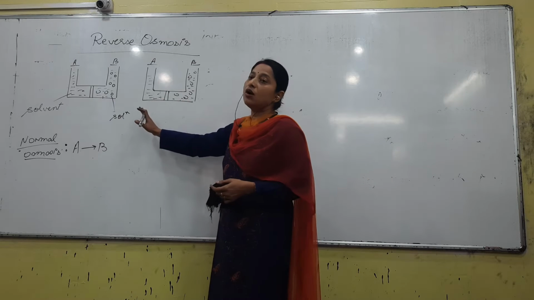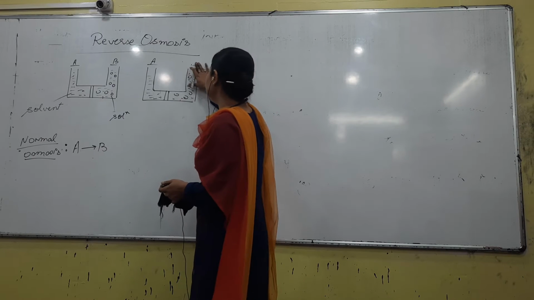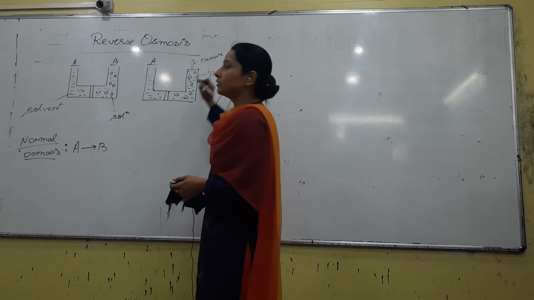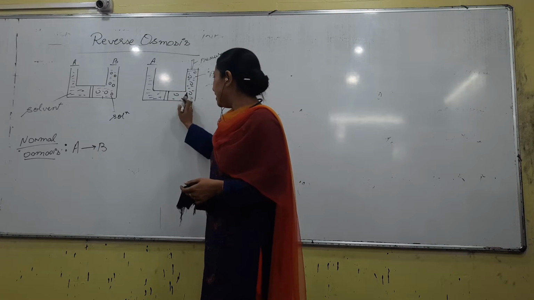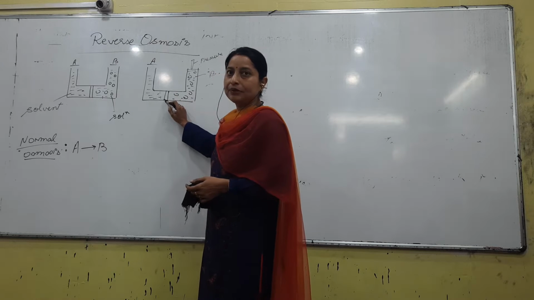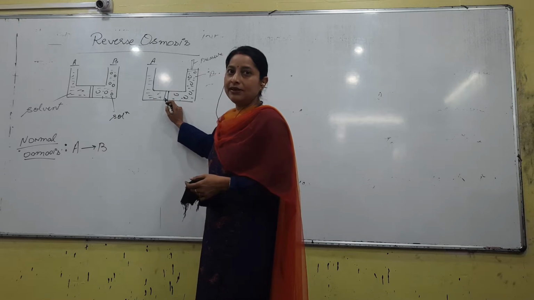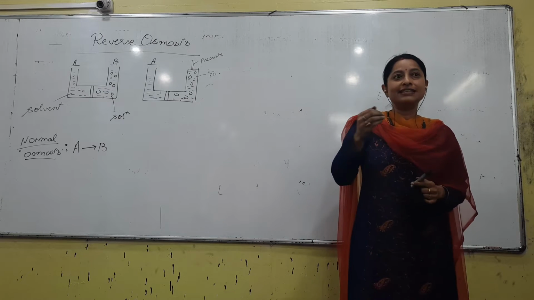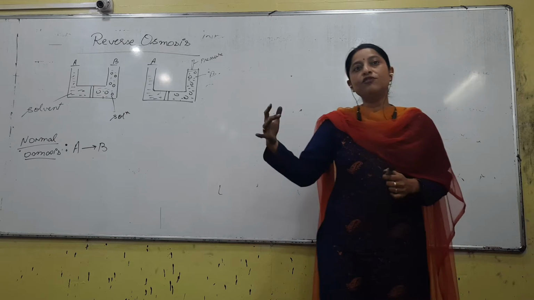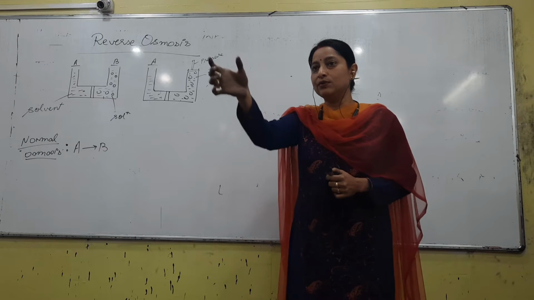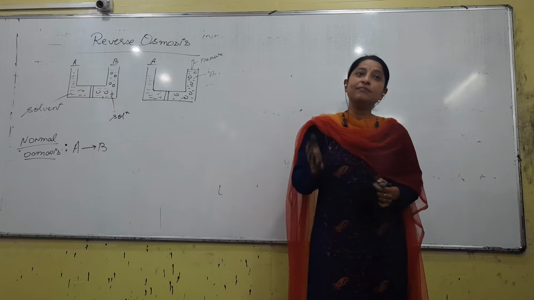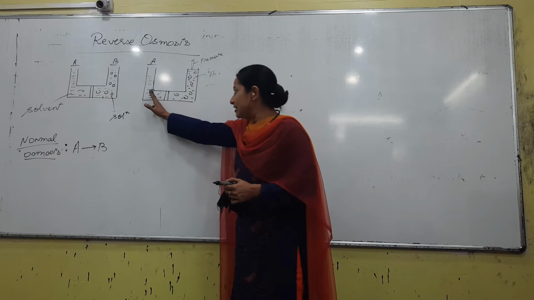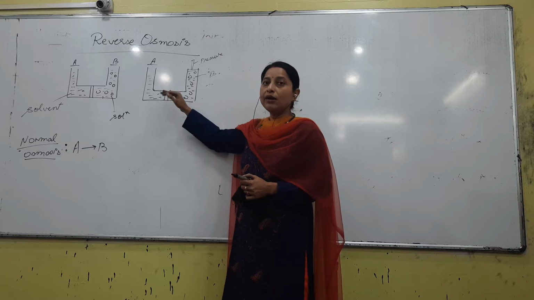Now the point is, if something has to go in the opposite direction, something extra is needed, right? What you need extra is a pressure in the solution chamber. When pressure is applied here, this movement will stop, right? It's almost like, suppose water enters your house through the gap of a door. What do we do? We put a sack or some cloth over there, just to stop the flow of water. We put a barrier, right? What does the barrier do? It prevents the water from entering. Similarly, when the pressure is given here, this acts as a barrier and ultimately stops the movement of the solvent to the solution chamber. Why do we have to do this? So that the